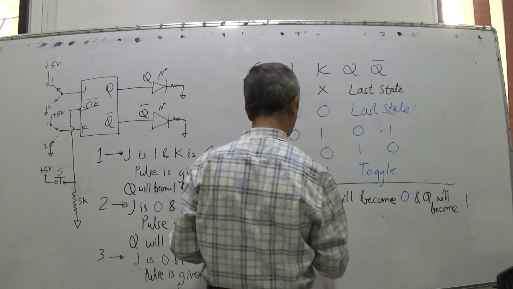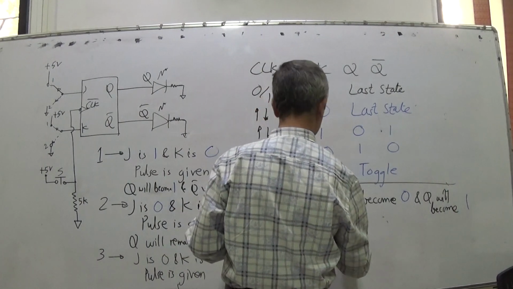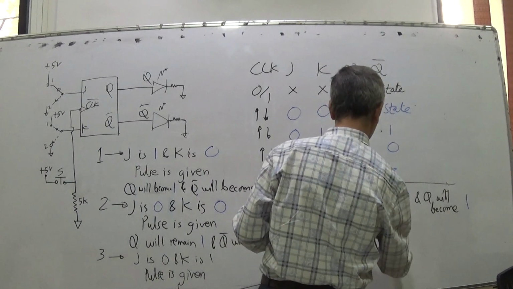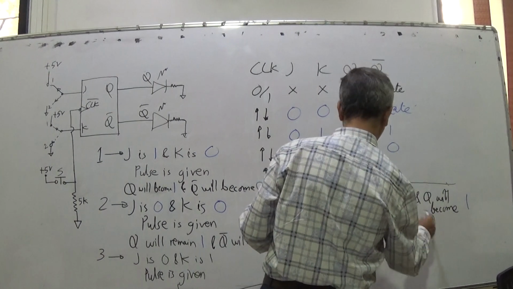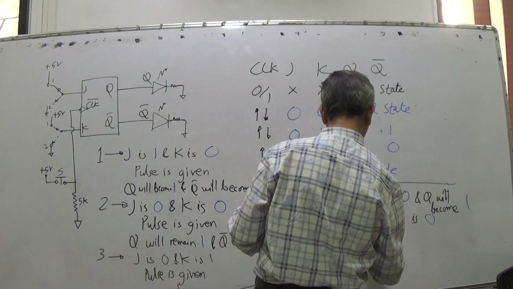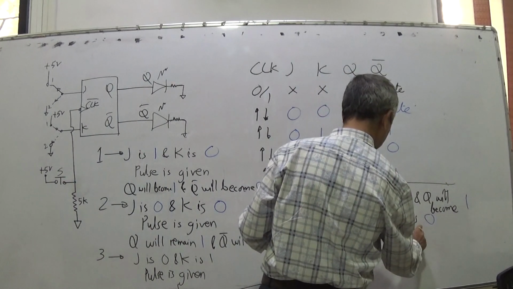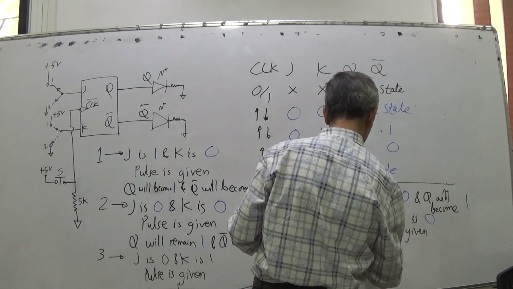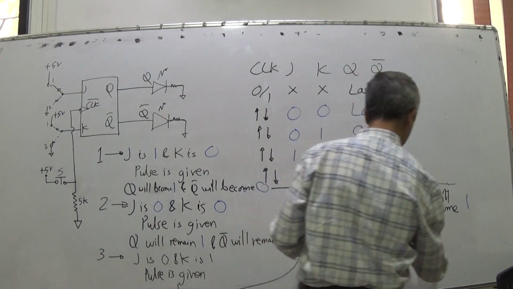Then step 4. Step 4, J and K both are 0. Pulse is given. Then Q will...